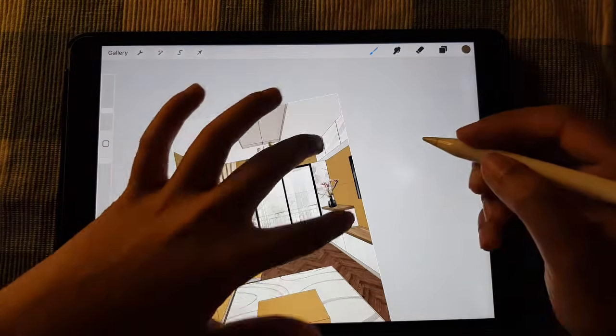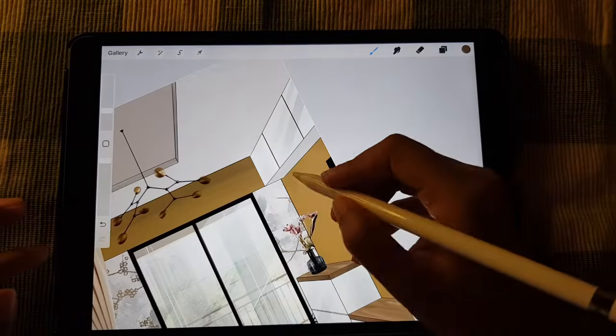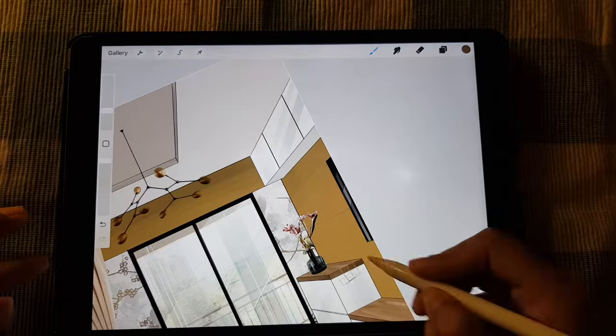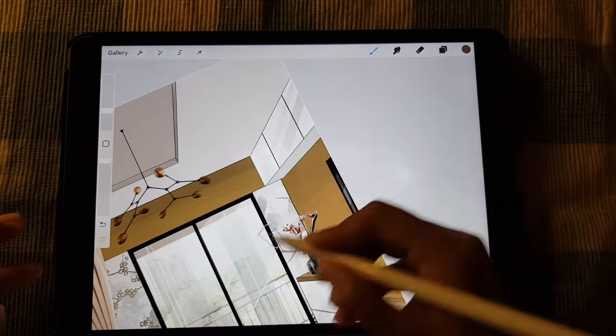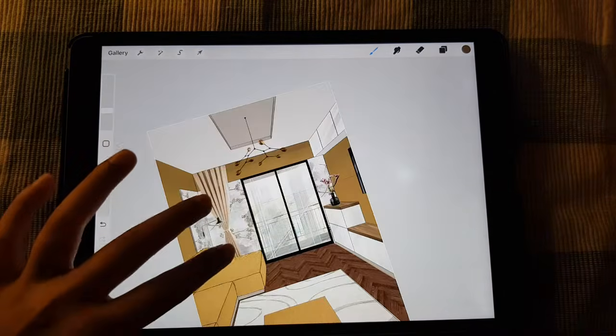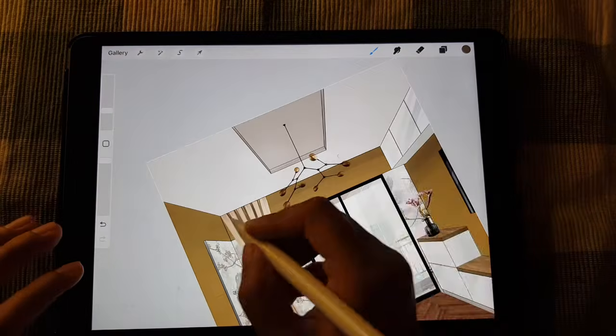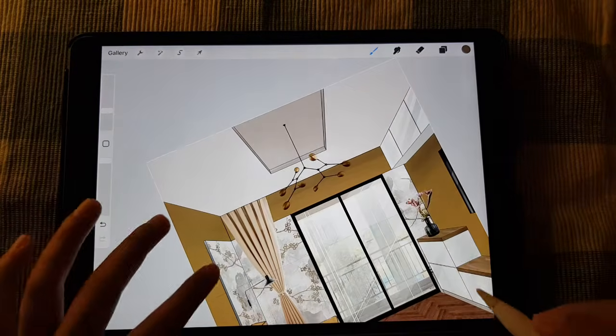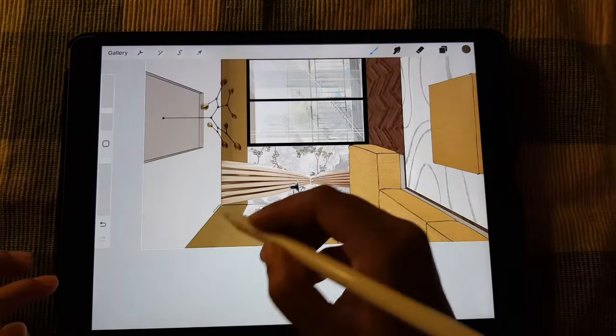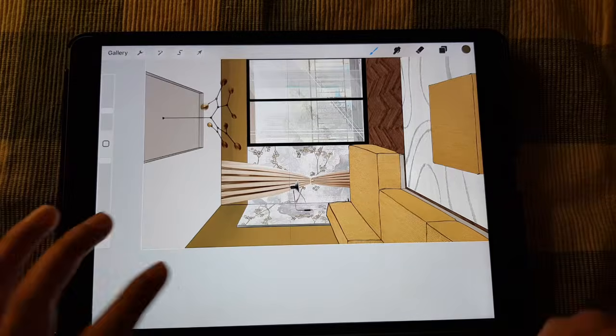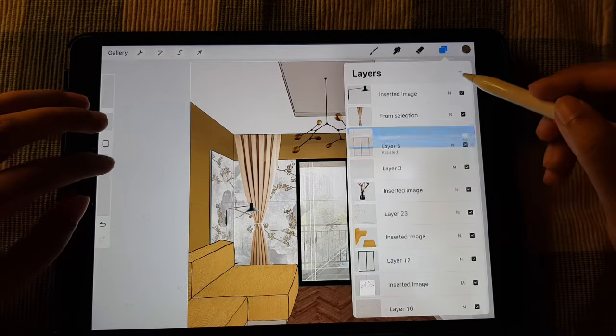So the top part is darker, and as you brush down it becomes lighter gradually. Just play with the pressure that you give on the pen. Same thing,